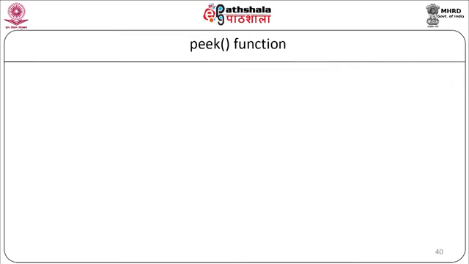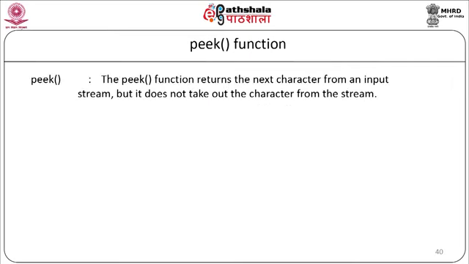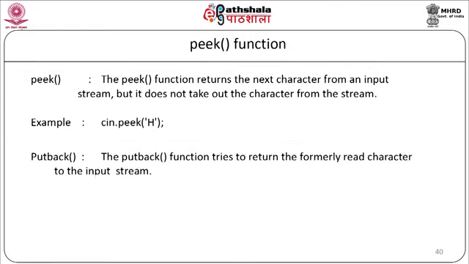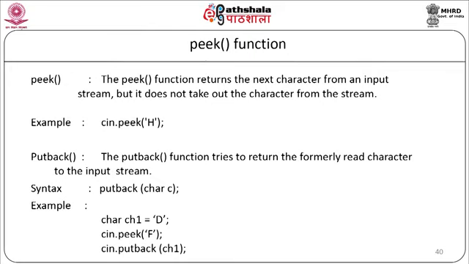Now let's see the peek and putback functions. The peek function returns the next character from an input stream, but it does not take out the character from the stream. Example, cin.peek('H'). The putback function tries to return the formerly read character to the input stream. The syntax is putback(character c); Example, char ch = 'd'; cin.peek('F'); cin.putback(ch);